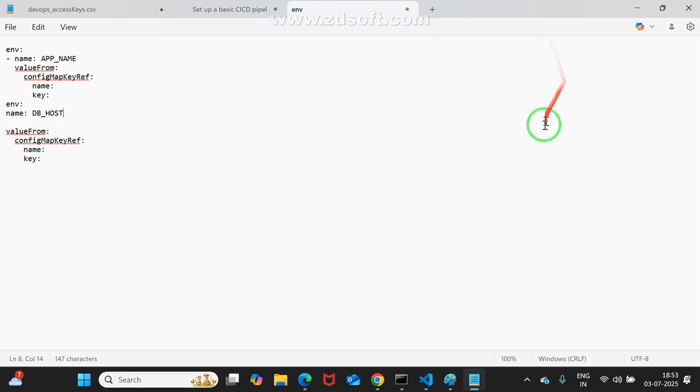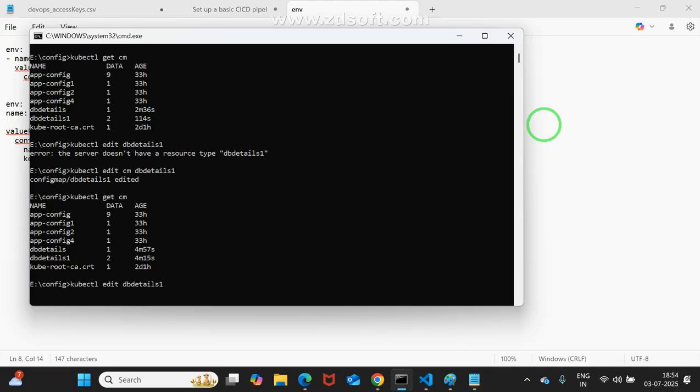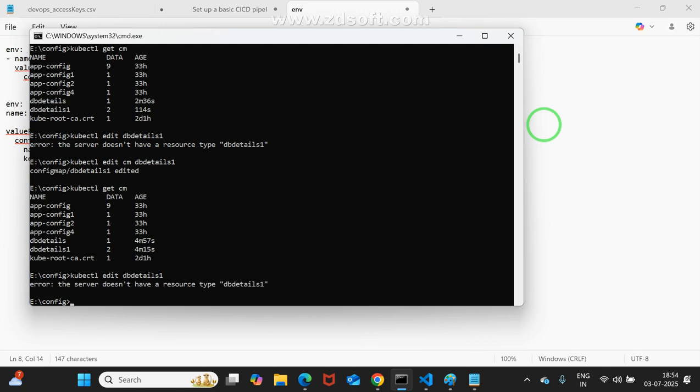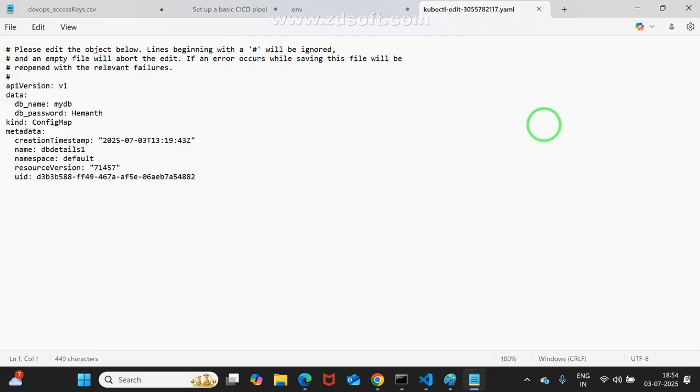After closing, again I may go and check it. There, kubectl get CM. Now you may be able to say again two are there. Again I may edit, and you may see in front of you what happens. Really it got modified or not, we are going to check. There I didn't specify CM, right? That's why I am getting the error. Say Hemant, is it clear for you? Yes, sir. In interviews, they are expecting like this.